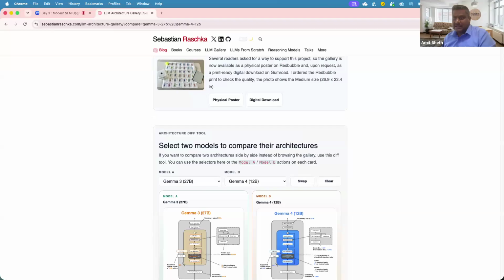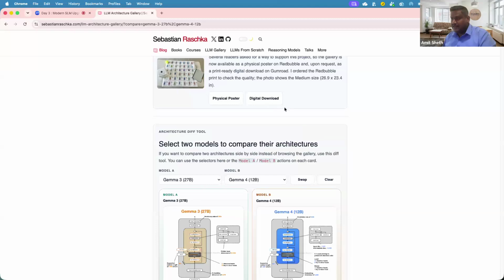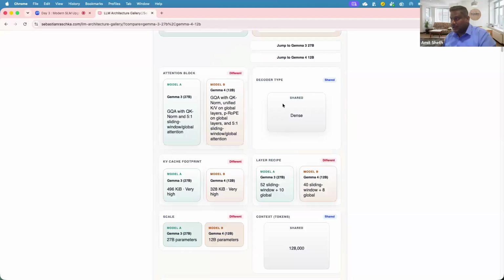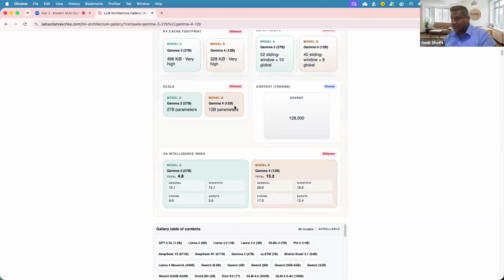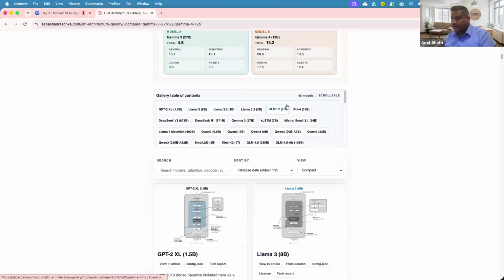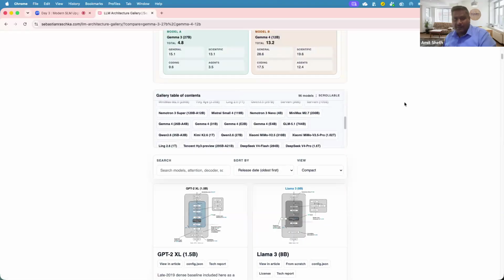Okay, and again, it bridges the theory and the code. Each card links to from-scratch GitHub tutorials, config files, and technical reports, so that you can go from the diagram straight to runnable code. He has the code as well, right? So if you get into this area and explore it, you will have a lot of this information available as well. Okay, and so this is what we are going to talk about,